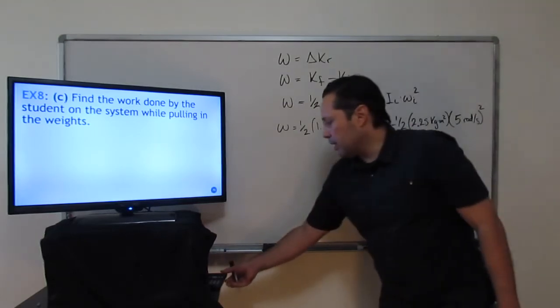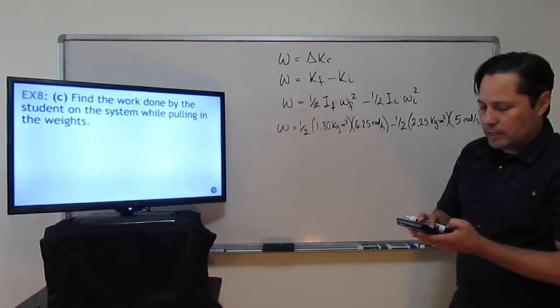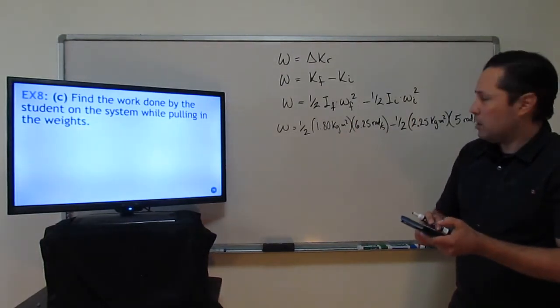From here we're going to plug it into the calculator and round it off slightly, so it's going to be 0.5 times 1.8 times 6.25 squared, which gives us